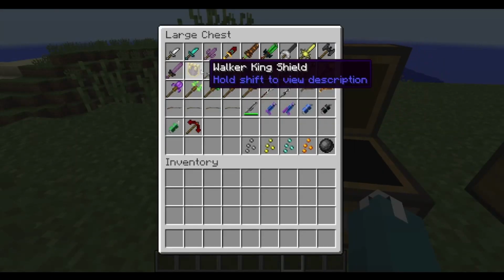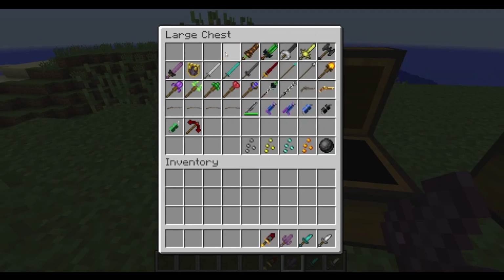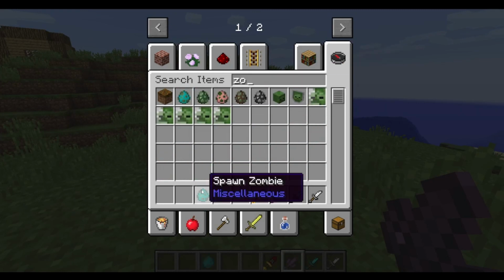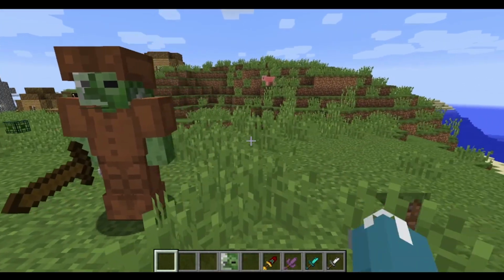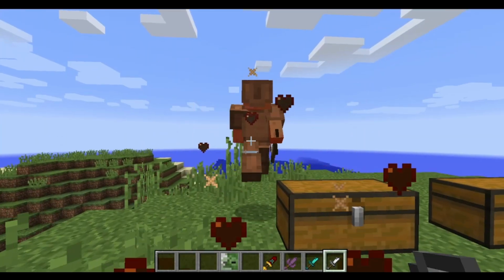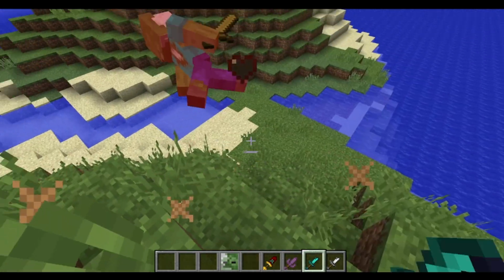Anyway, first off, we have the items. Now, a lot of the items are pretty similar, but let me get something. Yeah, I'll get a zombie. I'll get him with the armor though, so he doesn't burn. And you see the dagger. It gives you 200% rear damage, and it's very fast, but the diamond dagger is just slightly better,